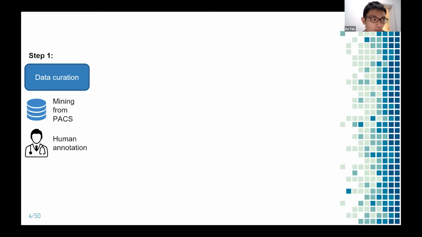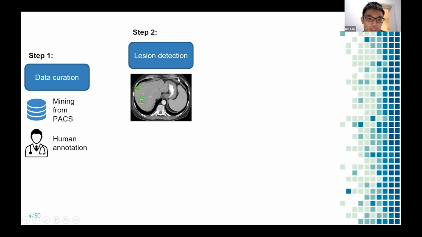So this is the procedure. This is the flow chart of our plan. First, we need to do some data curation. We can mine the images and the annotations from the hospital system, or we can let the doctors annotate some data. And then, from the images, we can train lesion detection algorithms to first find the abnormalities